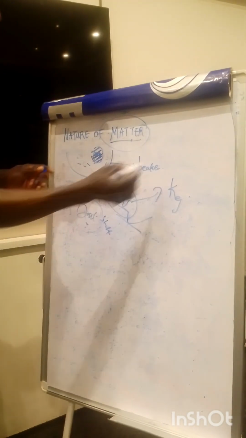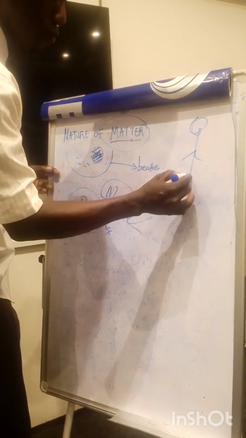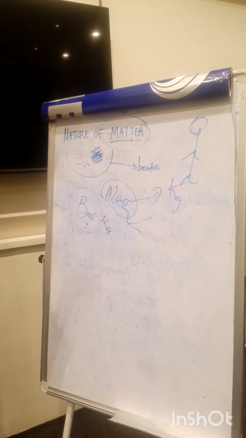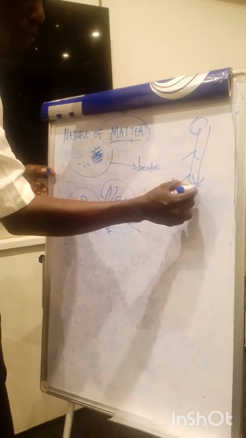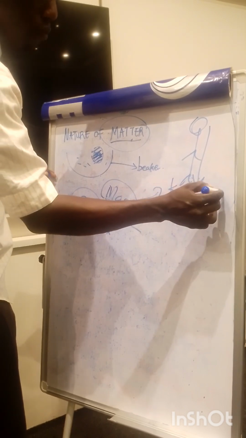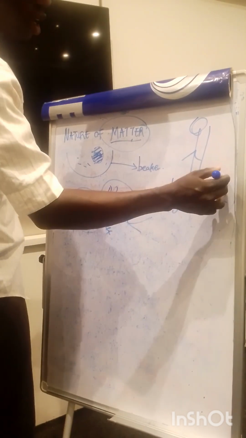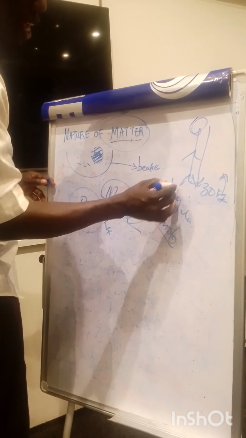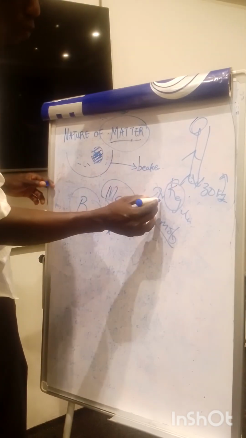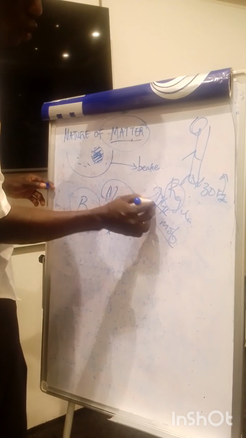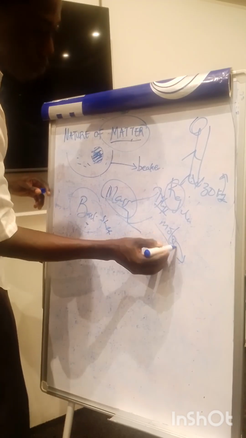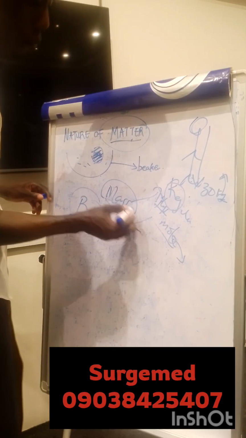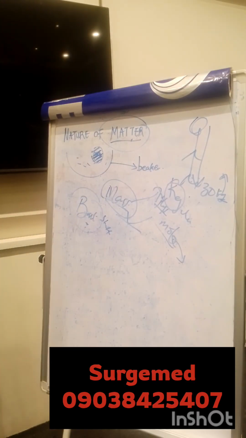For example, let's say this is you. Now, you have mass. Let's say you have a mass of 30 kilogram. We use kilogram in physics, but in chemistry, you're going to be using mole. So me saying kilogram here, I'm not correct, because we use this in physics. Mole would be our unit of mass in chemistry. Are you with me?